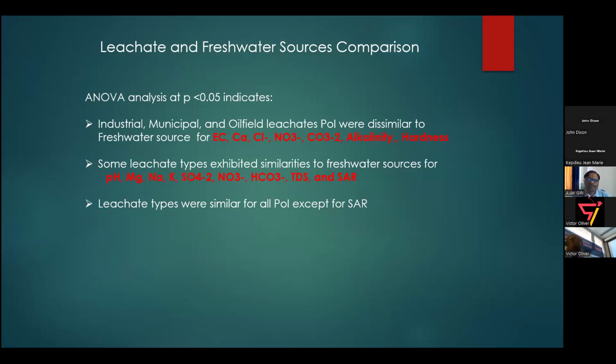And we also noticed some leachate types exhibited similarity to freshwater resources. That's the big picture as it relates to pH, magnesium, sodium, potassium, sulfate, nitrate, bicarbonate, TDS, and SAR. And leachate types